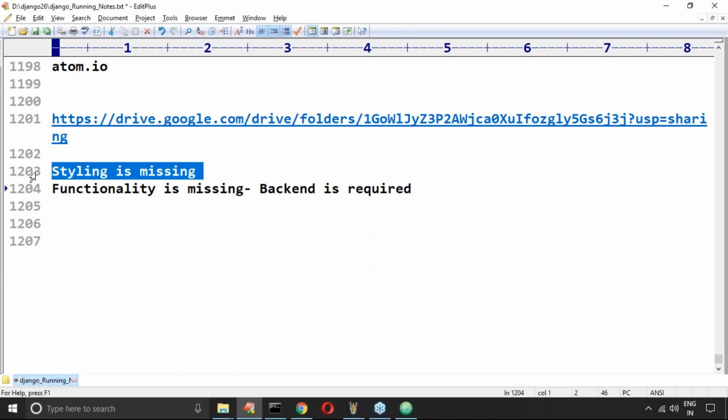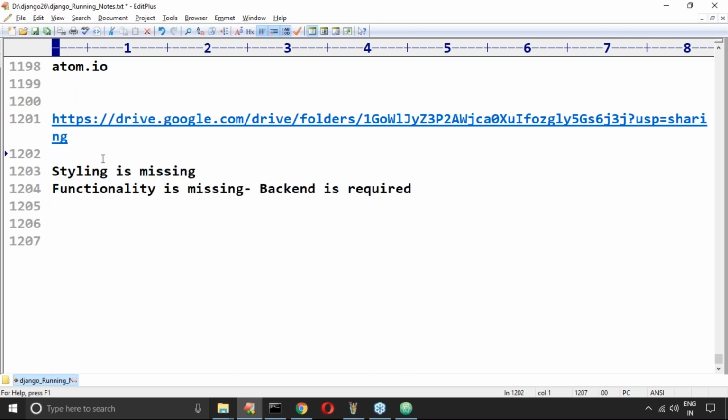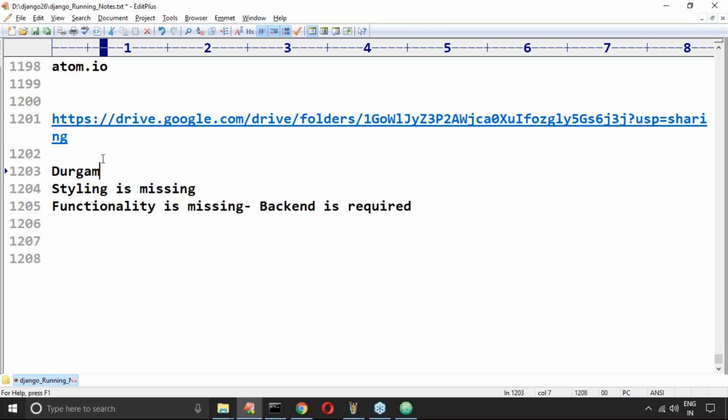Are you getting the point? These are things we are going to discuss in detail at the next level, so don't worry about styling, functionality and how the backend is processed. As of now, we have to become familiar with the HTML-related things.